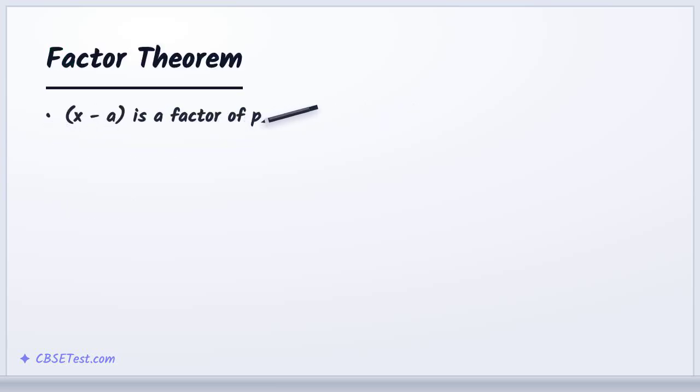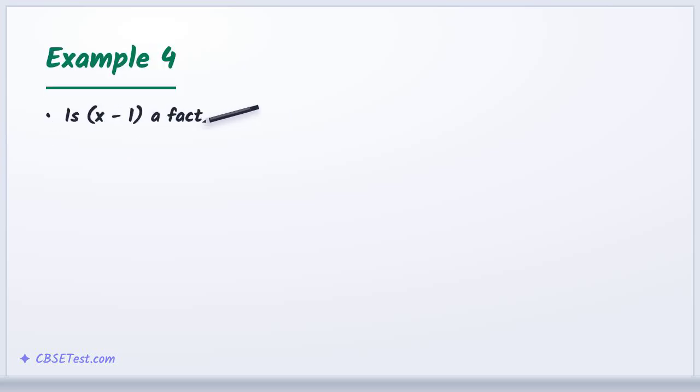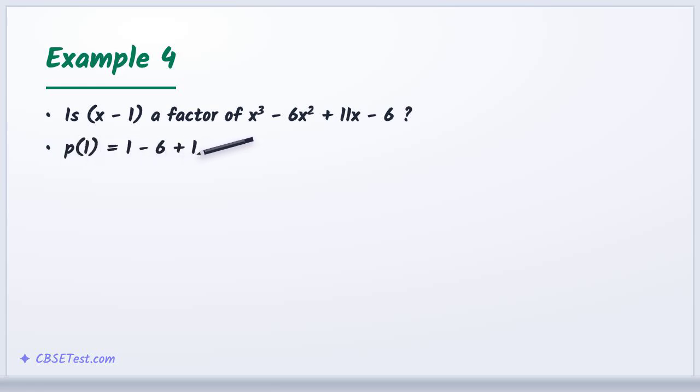The factor theorem follows naturally. x minus a is a factor of the polynomial exactly when p of a equals 0. A zero remainder means a clean factor. Check whether 1 is a zero. 1 minus 6 plus 11 minus 6 equals 0, so by the factor theorem, x minus 1 is indeed a